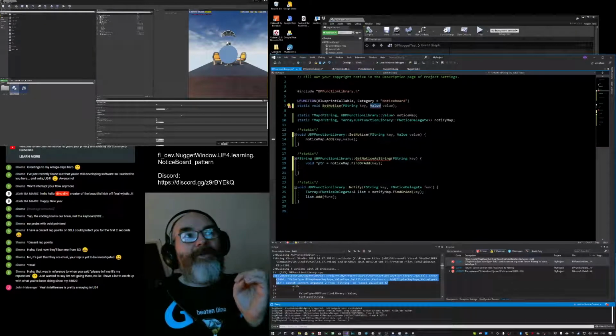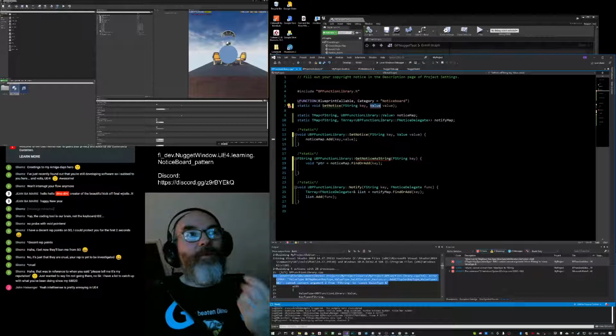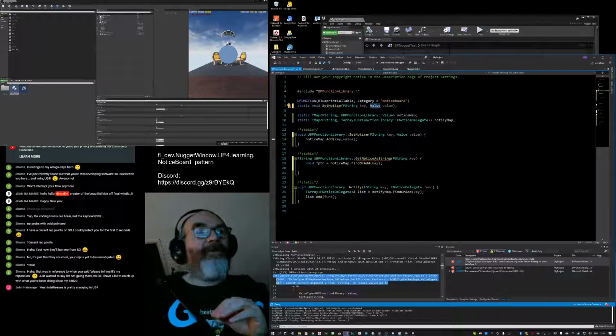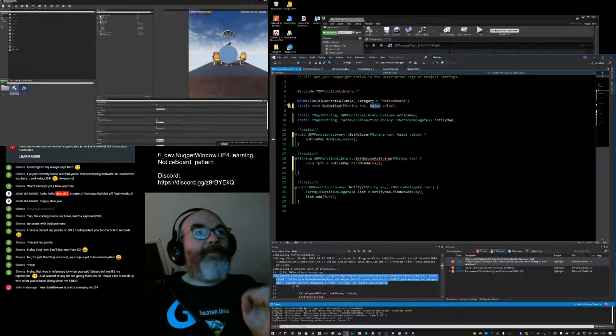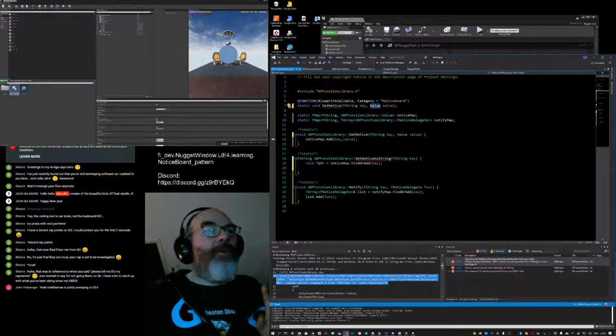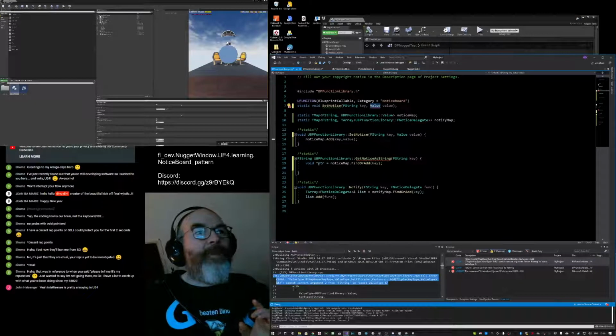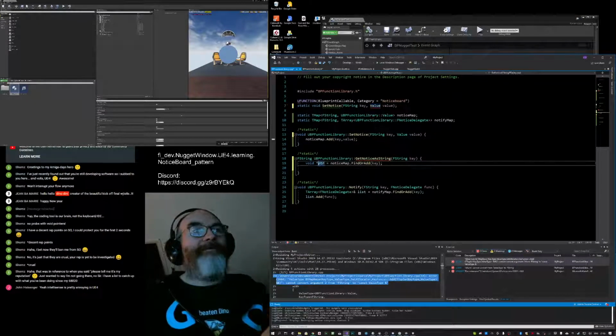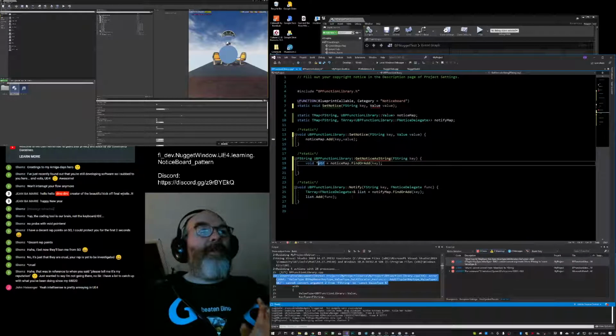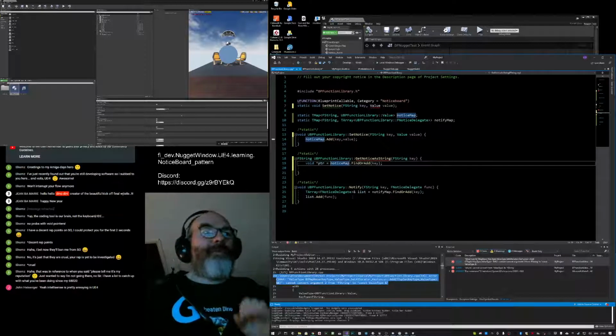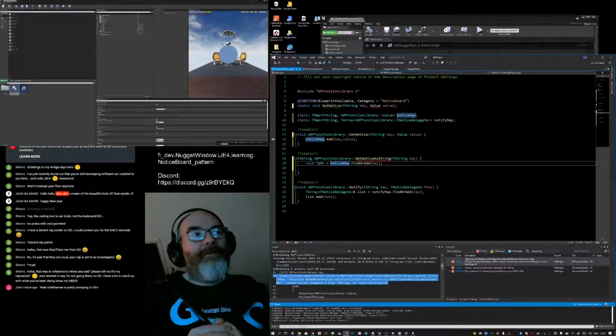The value is a pointer to a string, a pointer to the value or the value itself, depending. Okay, so what this means is that what I get back from here is necessarily a pointer to an F string, sorry. It's a pointer to an F string.